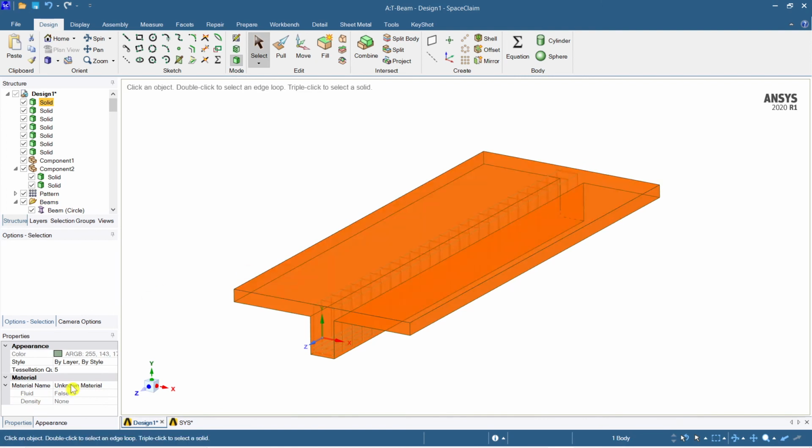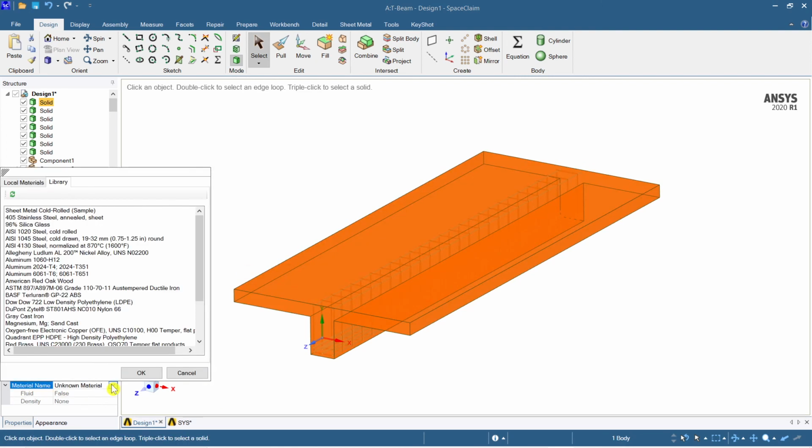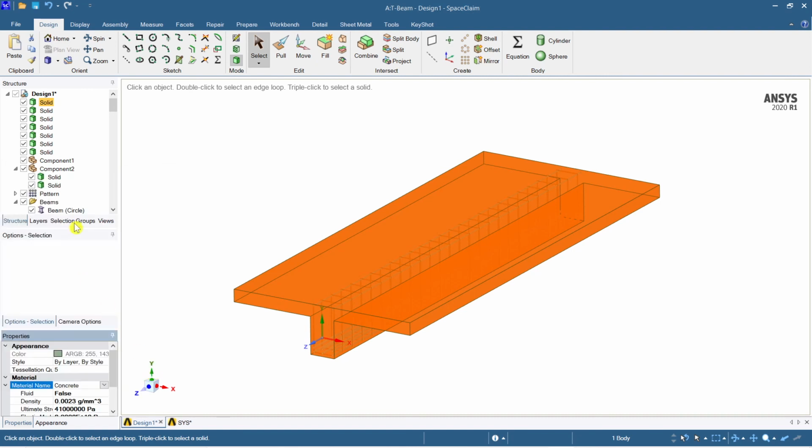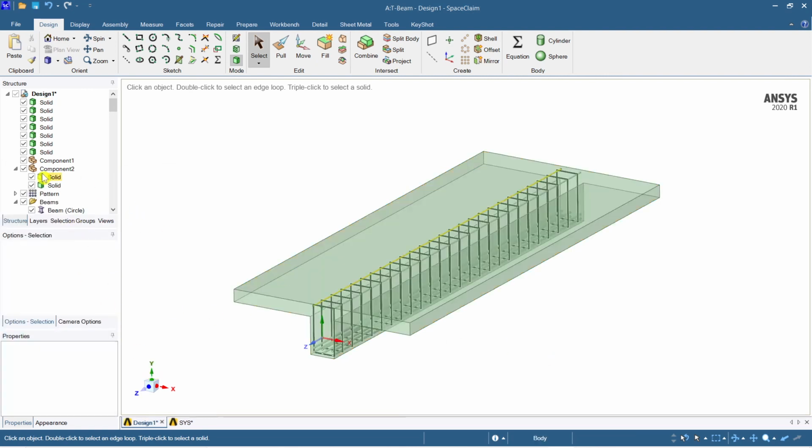So now we'll see the material, unknown material. We'll take this as concrete. Okay, so now all the other patterns, all the circles here, shall be of structural steel.